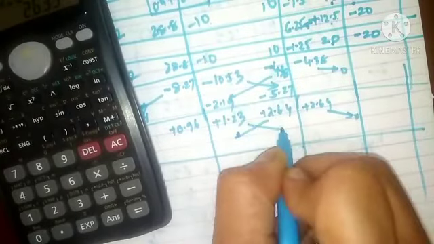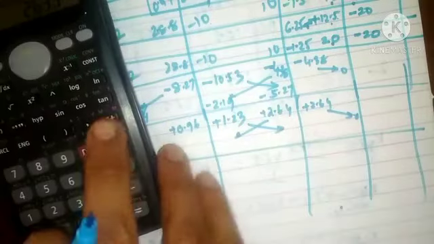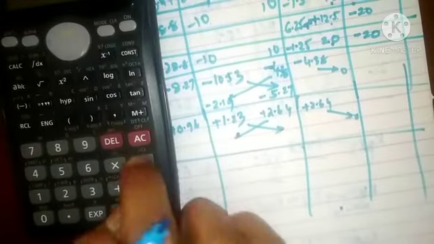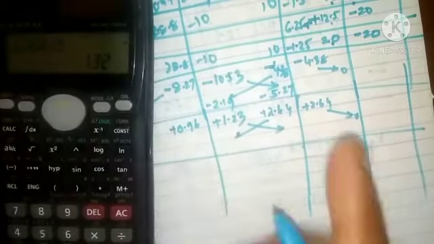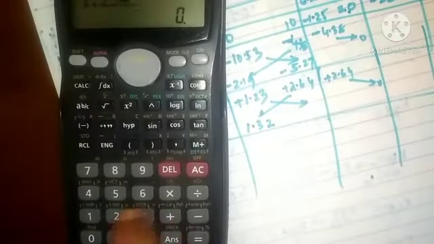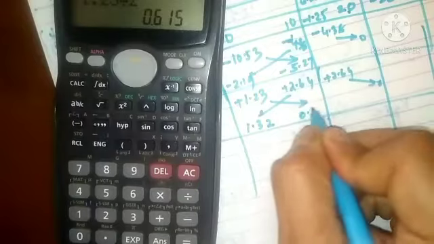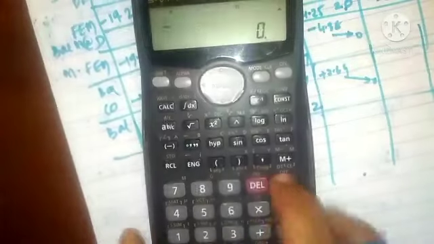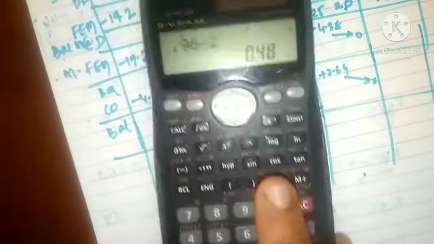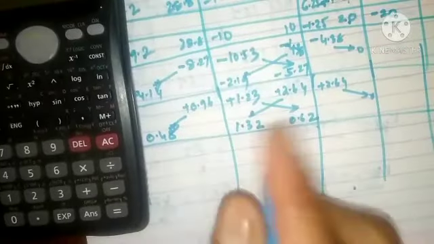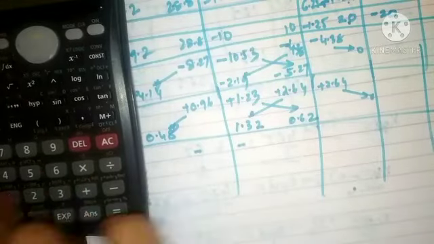Now here again it will be transferred. So when you do the transferring job, it will be carried over along with the sign. So 2.64 divided by 2, so it is 1.32. So this will be 1.32. 1.23 divided by 2, which is 0.62. Then here 0.96 divided by 2, which is 0.48. 0.48 carryover.